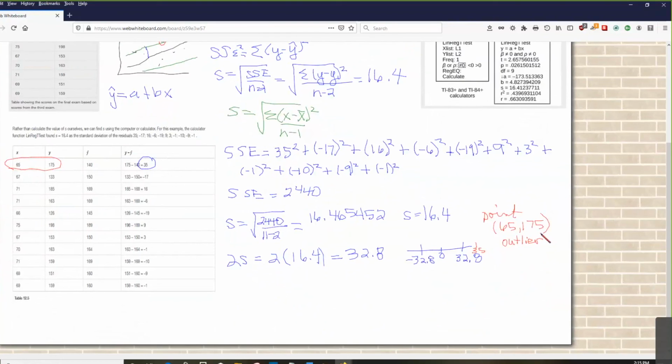Then we're going to delete the data point and recalculate it. So if we recalculate it, let's look at what we had. So without the outlier, I would get a new line of